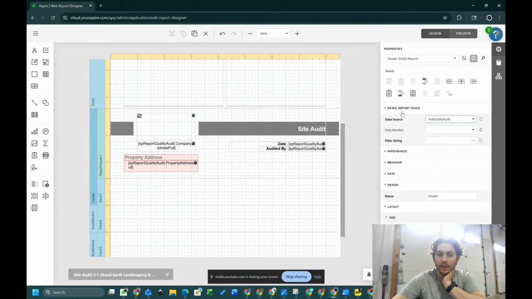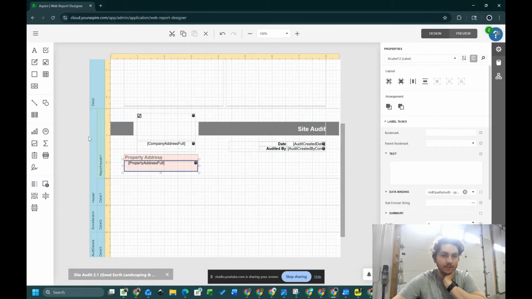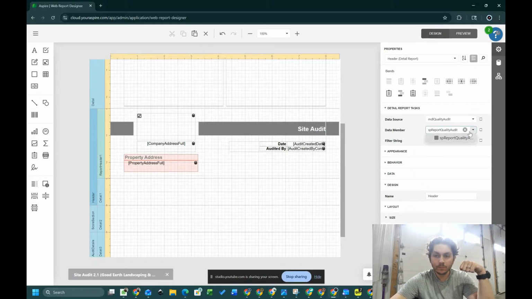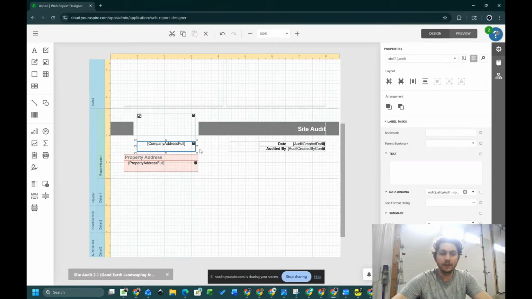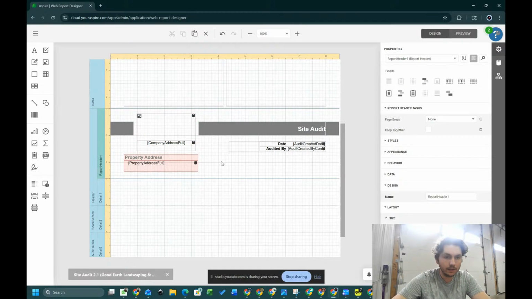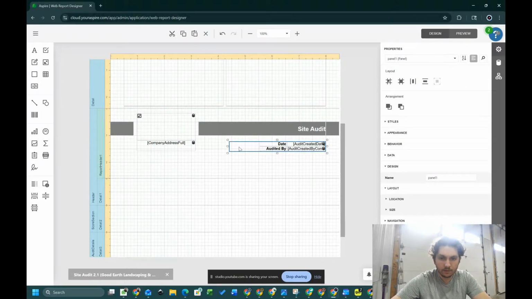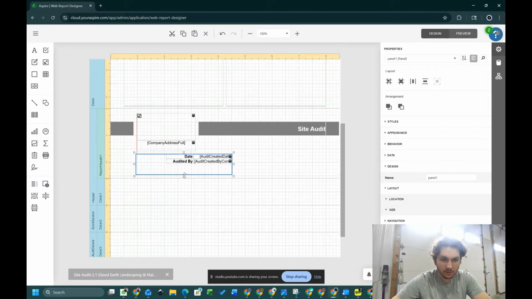So inside of the web report designer, for each of your detail bands, you can set the data source and then the data member. So in this case, it will make it a lot easier. I don't know how to explain this super well, but if we take that off, do you see how these tokens don't show up properly? If we choose the correct data member, they're going to automatically fill in. Company address full is fine, but I'm going to be honest, we're going to get rid of that. We're going to move this over. We're going to make it bigger, and then